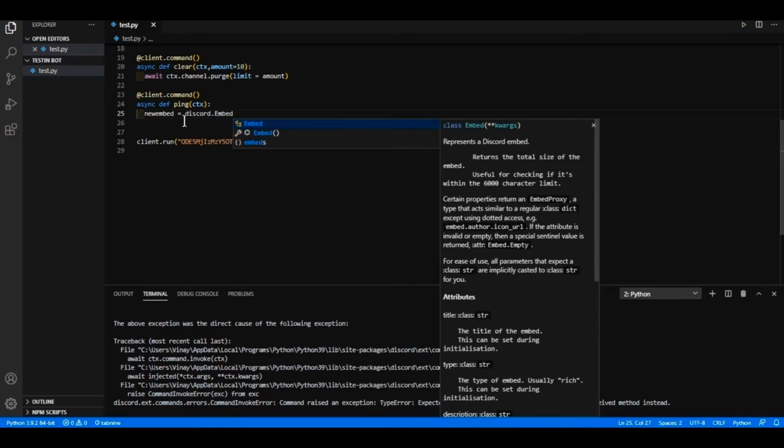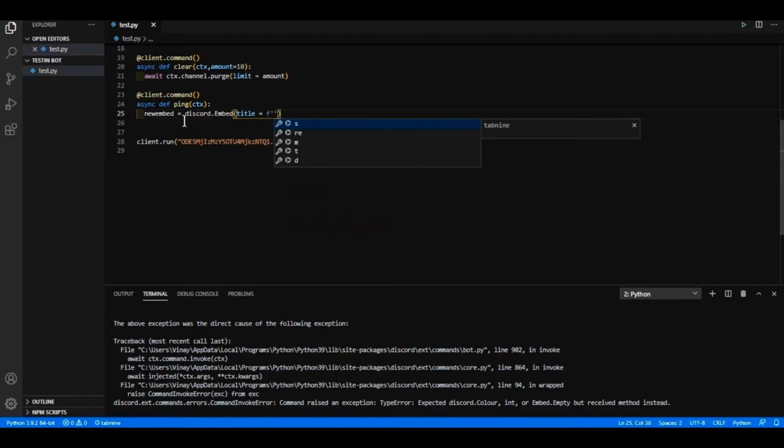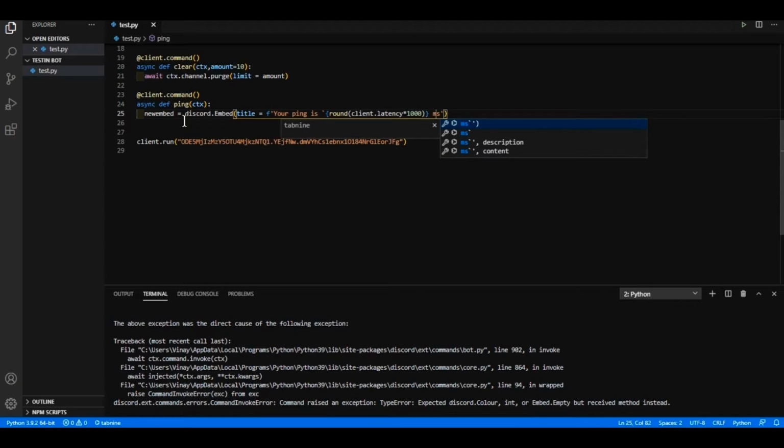discord.Embed with the E capital, and its title is going to be an F string which contains your ping is backtick, and then curly braces inside it, do round, and then brackets, and client.latency. This is the client's ping, and we're going to multiply it by 1000 and milliseconds.